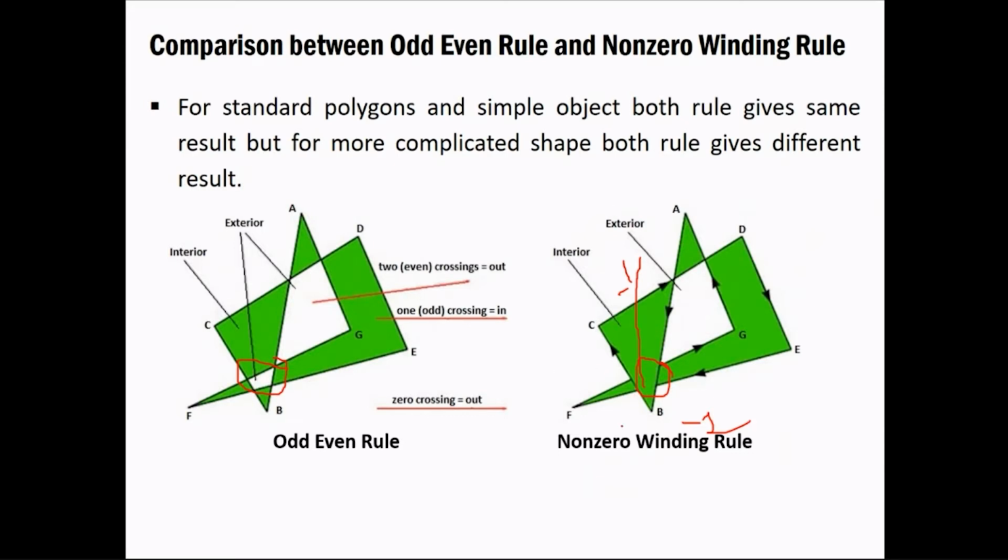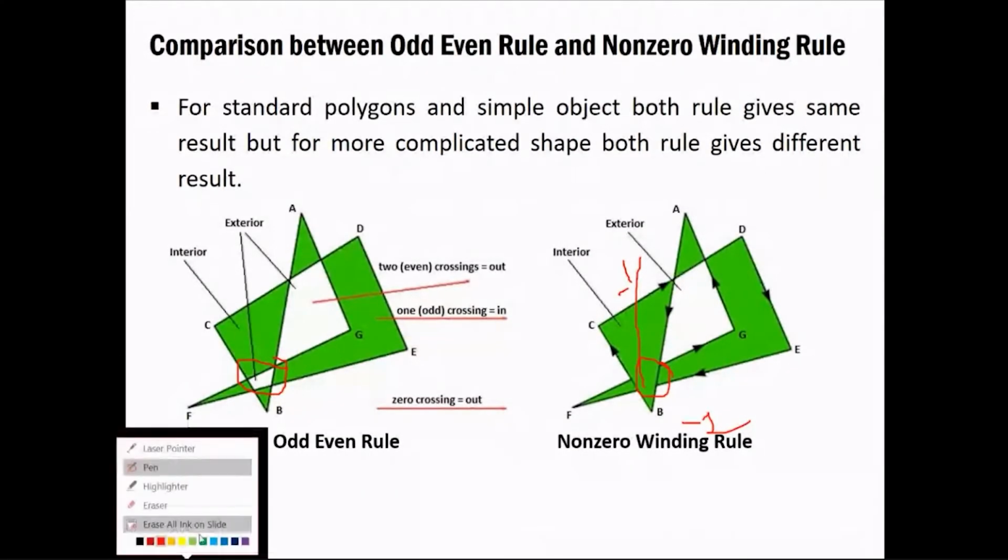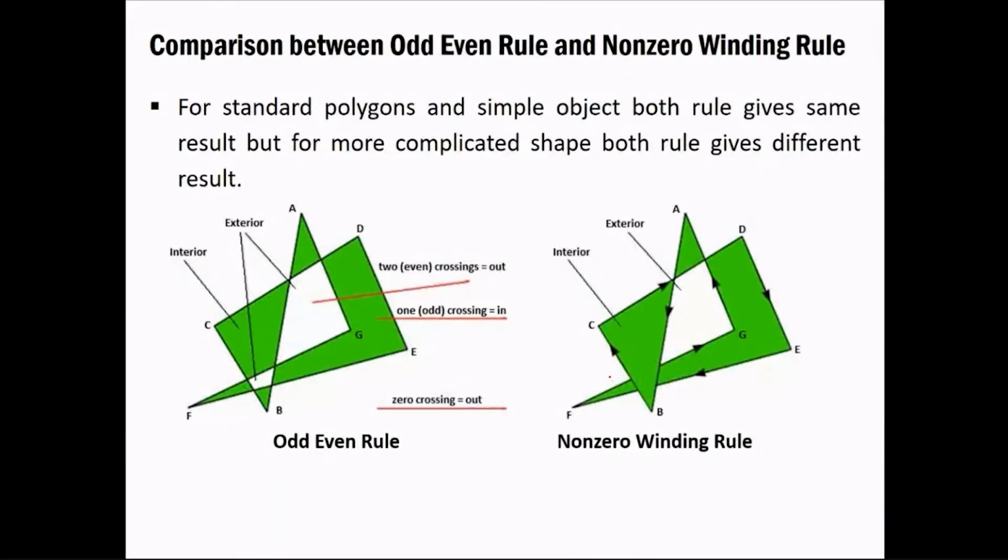So that is what you have to keep in mind while working with this algorithm, that it can give you inaccurate results as we have seen just now. One is based on the odd-even value, another is based on the direction of the line. Now you'll ask how we can give the direction. It is based on the object that you are working with, or predefined lines could be given to you. Whenever you work with the computer graphics subject, these things are very simple, and that's why we have to learn this.